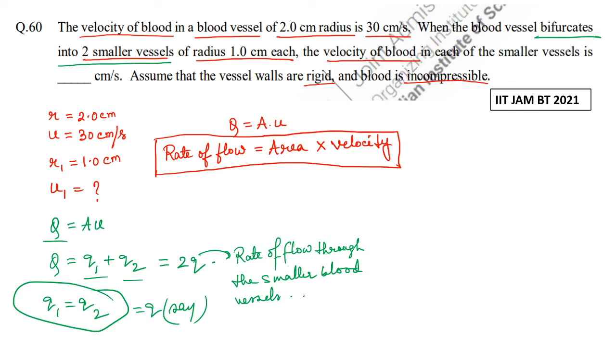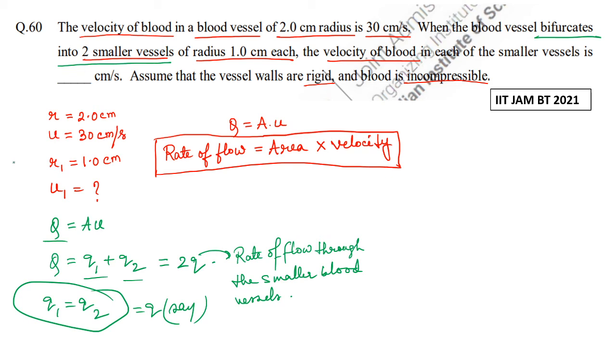Okay, if you don't understand this, you can tell me in the comment section. I would love to explain this for you again. So I hope you can understand how capital Q is equal to 2 small q. So if it is true, that is capital Q equal to 2 small q, then we can write,